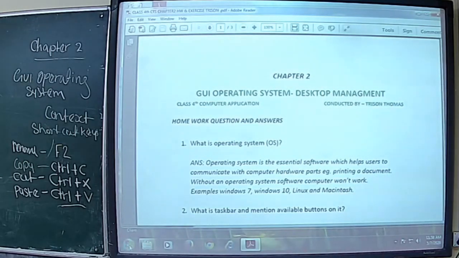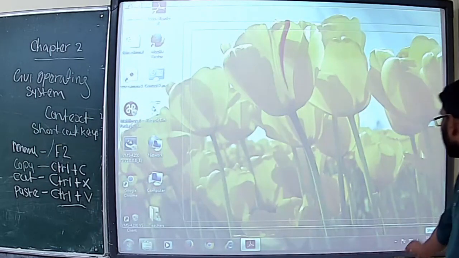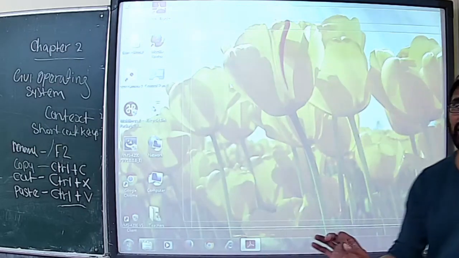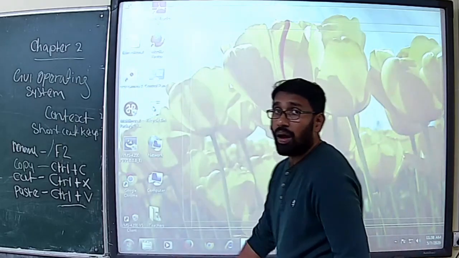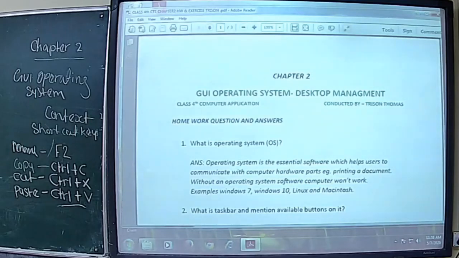Then there are other icons: date and time, sound, then notification bar, quick access menu. Once you click, one click, the application gets opened. That is the quick access launch bar. So these are the buttons available on the taskbar.